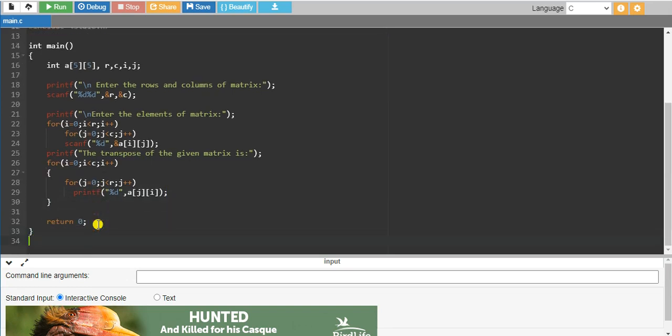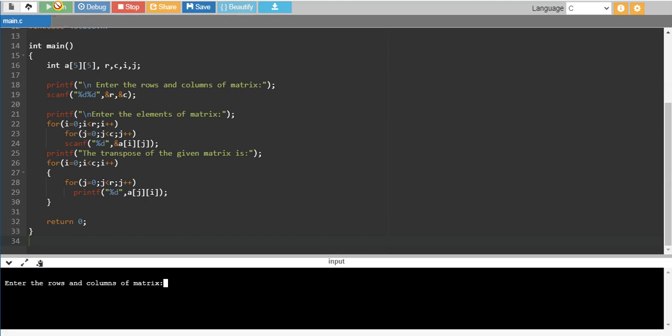So let me run this code and check whether it works correctly or not. So click on the run button here. Yes, it's working. Enter the rows and columns of the given matrix. So I'll just enter 2 2.